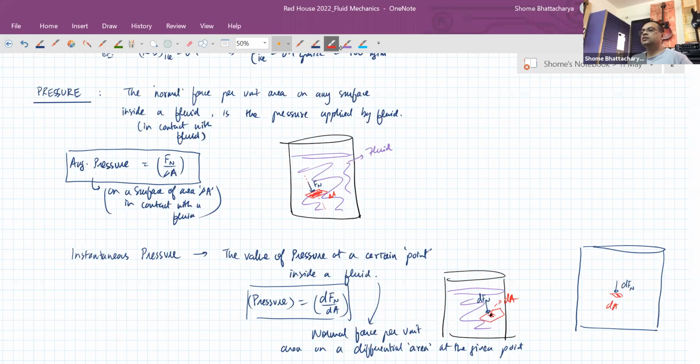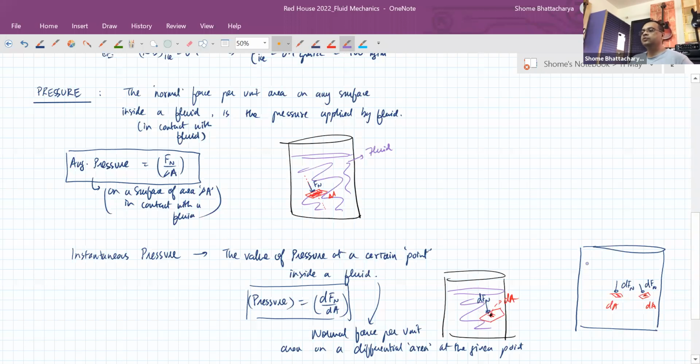But now let's say next I place it at an angle like this. It's the same one and at the same location, I've just drawn it on the side. But now the direction of force will automatically change so that it remains normal to the surface. And if we are talking about the same point inside the fluid, the ratio of this force per unit area will remain the same. I can keep turning that small surface by whatever angle I like, but as long as it's a very small surface, the amount of normal force per unit area it will be experiencing at a given point will be the same.